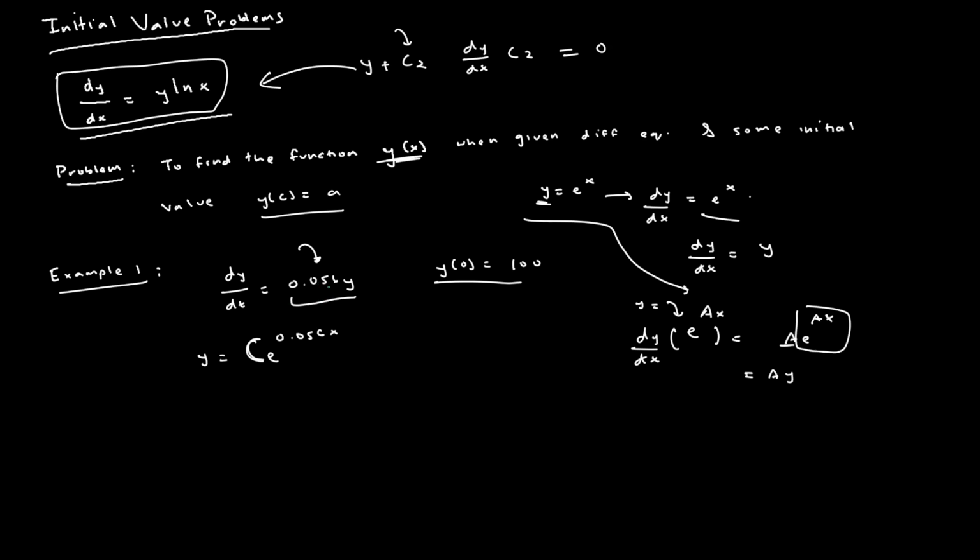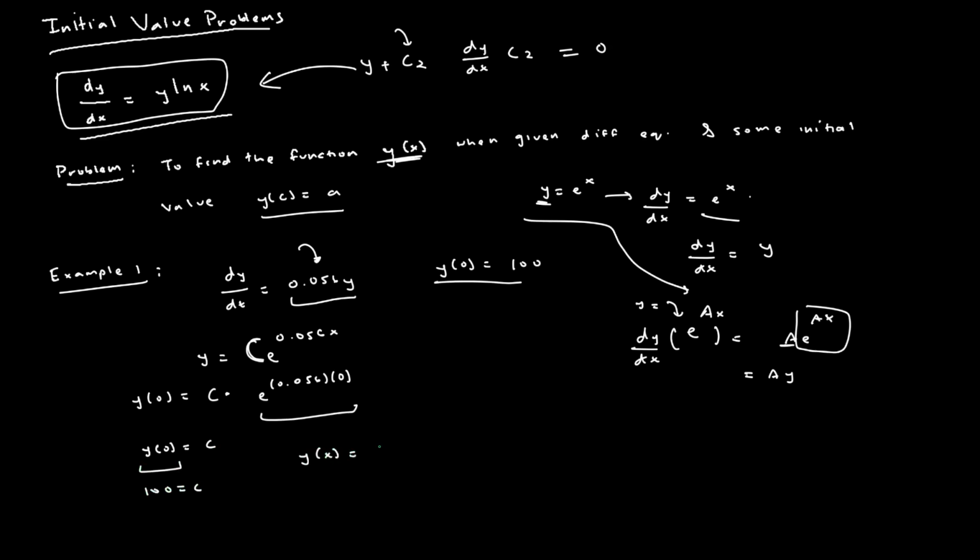And so, on that vein, we've got to find out what c is equal to in order to solve this initial value problem. We're given y of 0 is equal to the constant c times e to the 0.056 times 0, which simplifies to 1. So y of 0 is equal to c, and y of 0 is simply equal to 100. So 100 is equal to c, and then we have solved our initial value problem by finding